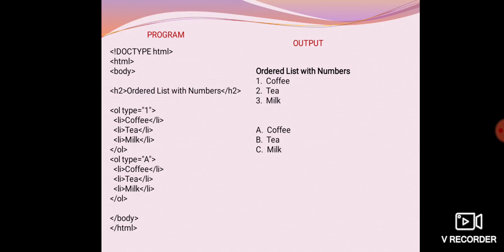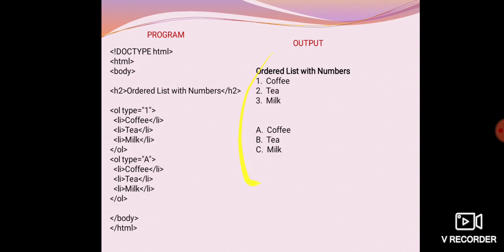Which type? OL type is 1. How many items are listed in this first list? Three items: coffee, tea, and milk. The second list is also type A, capital A. How many items in the second list? These are the three items of the second list.